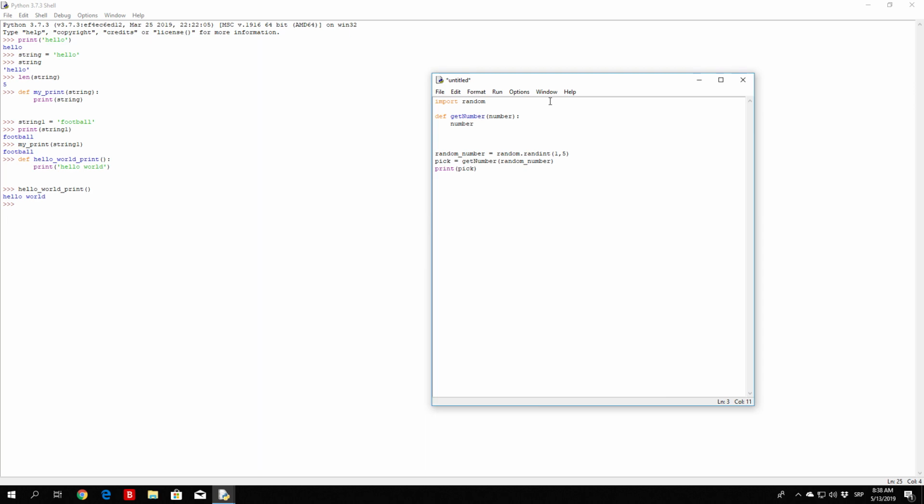Now, between the brackets, we could have specified anything, such as number 1, 2, 3, and then we would have to use a variable called number 1, 2, 3. But for now on, we're just going to use number. So,